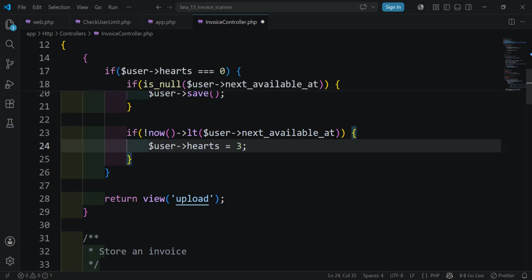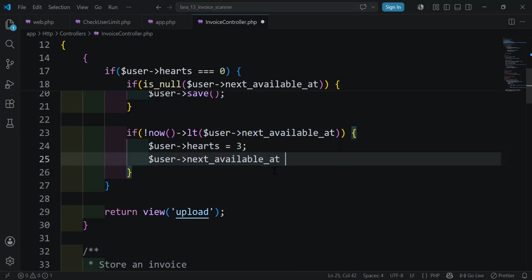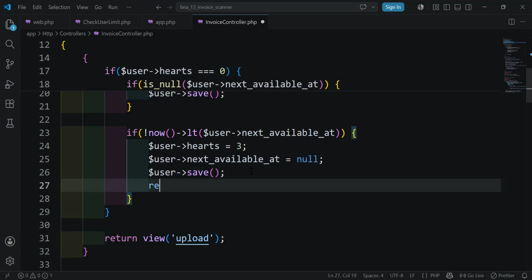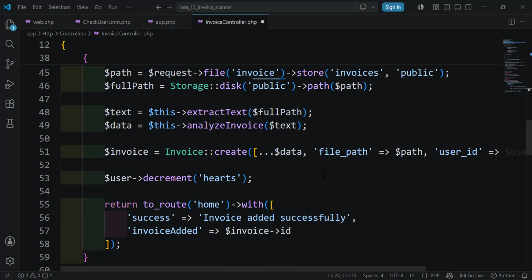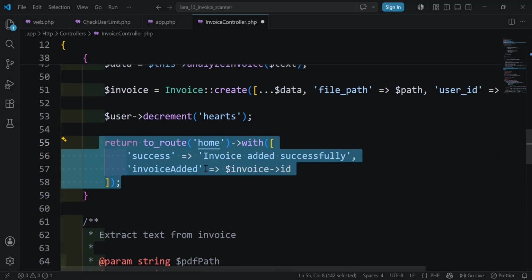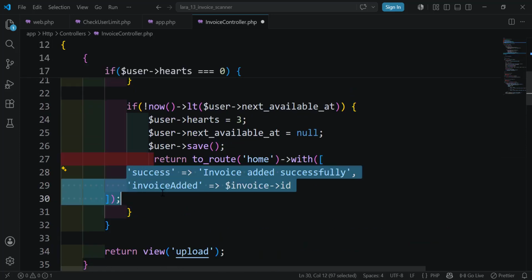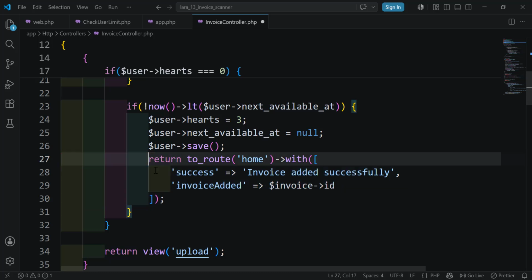And we need now to do the opposite. We need to update the next available at and give it null. And we need now to call the user save again. And we return the user, return redirect, or let's copy from here. We return the user to the route which is home, and we tell him with a success message